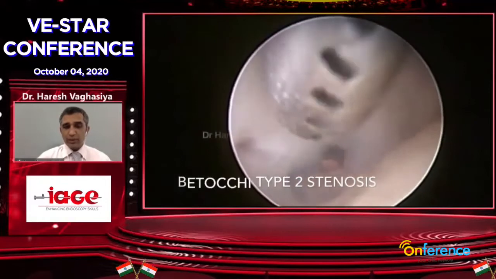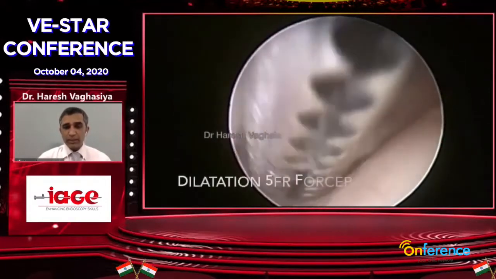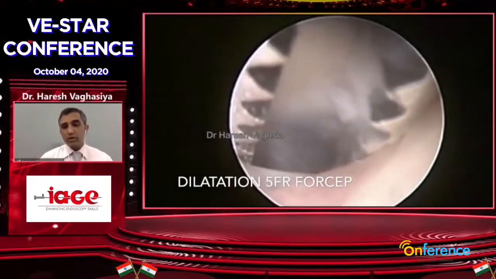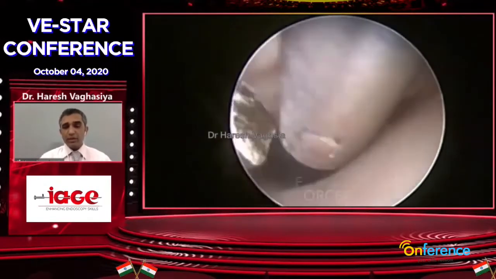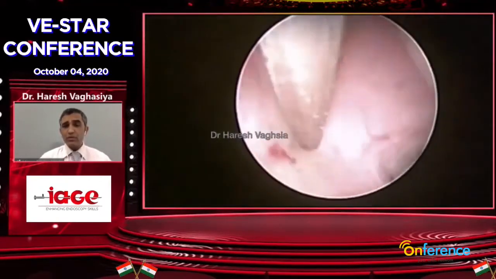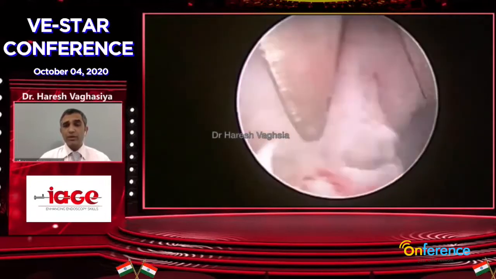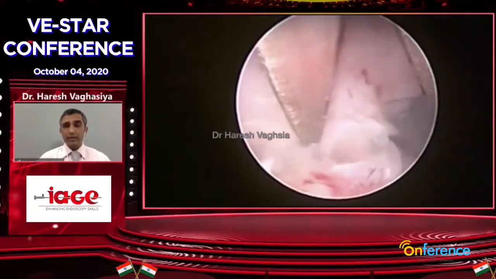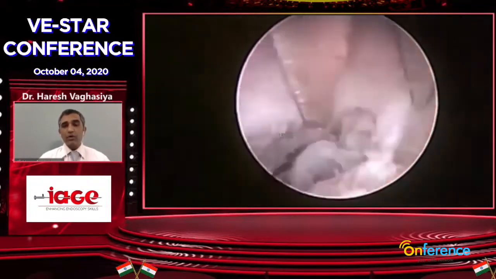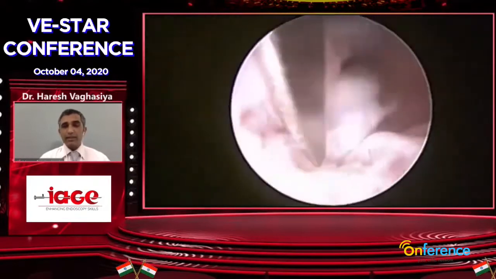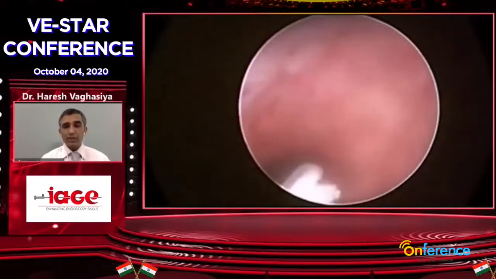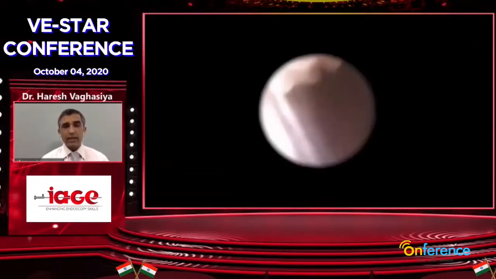This is type 2, wherein you can see the internal os is completely stenosed, it's obliterated. What we generally try to do is maneuver 1. Maneuver 1 was alignment if the internal cervical os is about 3 millimeter or more. But if it is less, then you just do it with a grasper. You try and first do the central adhesions and then you go on the sides. So you can either do it with the forceps or you can do it with the scissor. And this is maneuver 2, which is stenosis management, and that is how you incise on the side and you can come across.